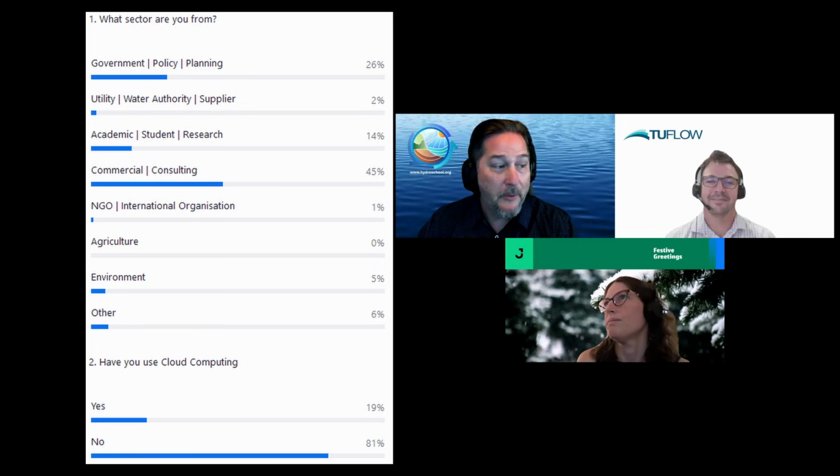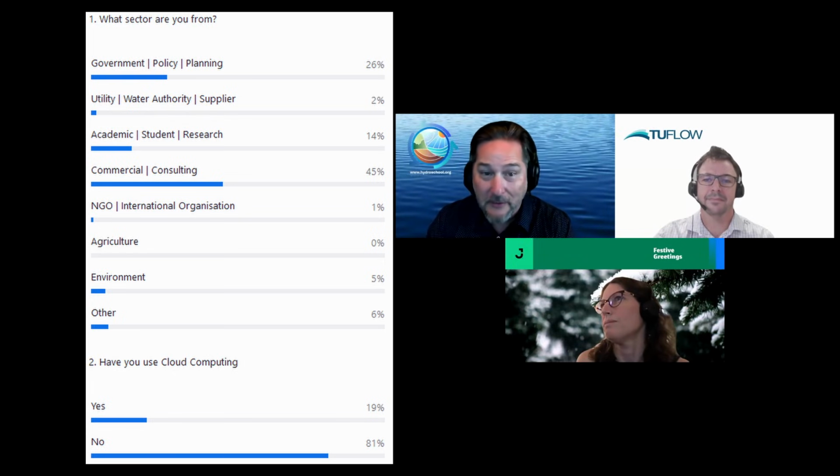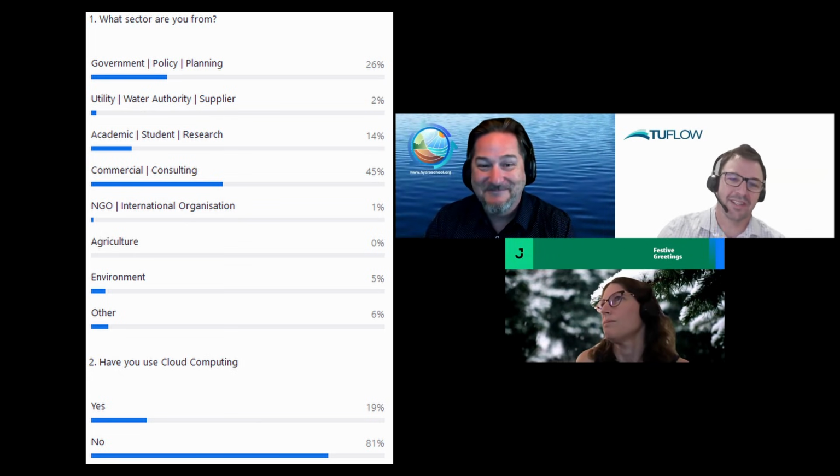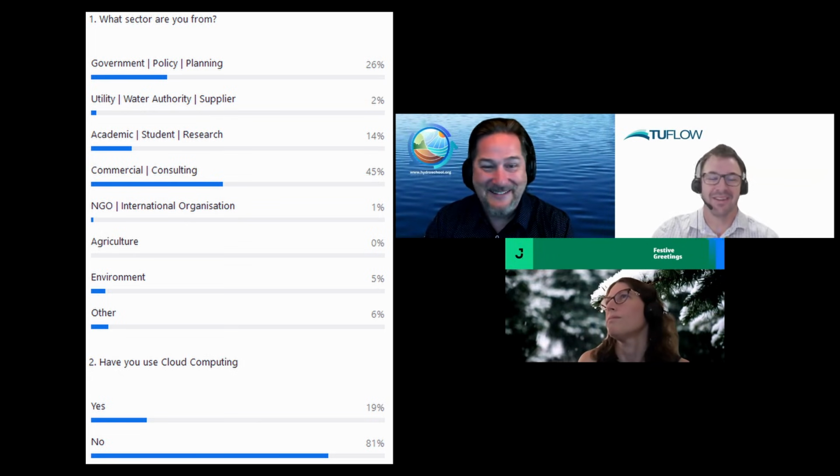So if we can have a quick look at the poll results here, what we wanted to find out at the very beginning was how many of the attendees today have actually used cloud computing? And we're only at 20%. So I would ask that question around to the presenters today. Chris, does that surprise you? Not really, actually. That's pretty on par with what I was expecting.